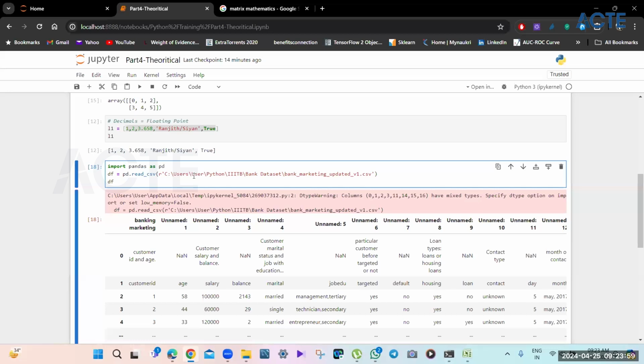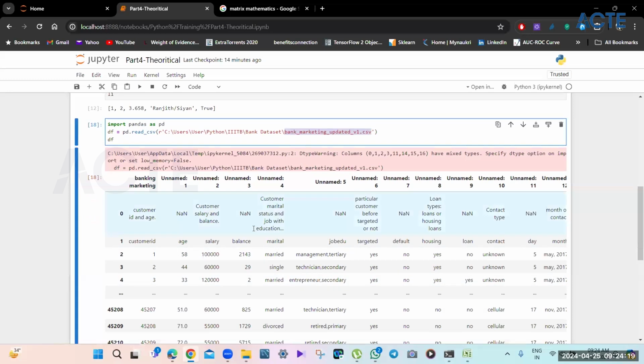So see, in the real world, let's say the client will share this file with you. The client will not let you touch anything here. The client will not let you hamper this file, and you also don't want to do it. This is, let's say, the base file. So all you will do is import the file in Python. Within Python, you will do your operation.